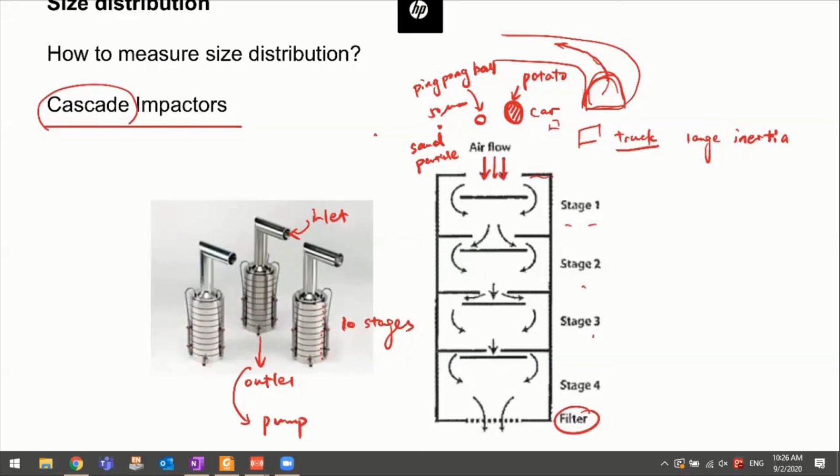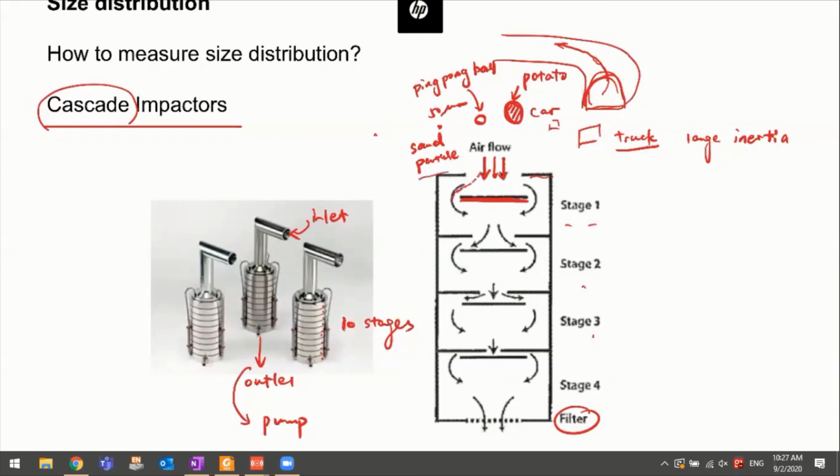And here we have a stage that's fixed at the center of this single stage of the impactor, right? The airflow will have to go around this stage because the airflow is not going to directly go through. The stage is always solid. And because of that, the particles will also try to flow with the airflow. So for the very small particles, for example, the sand particle, it can just go with the flow,